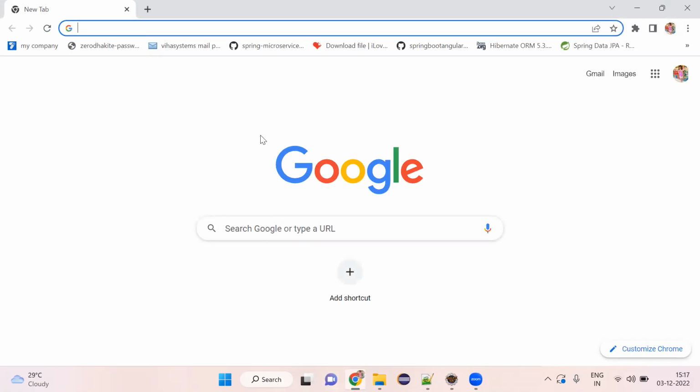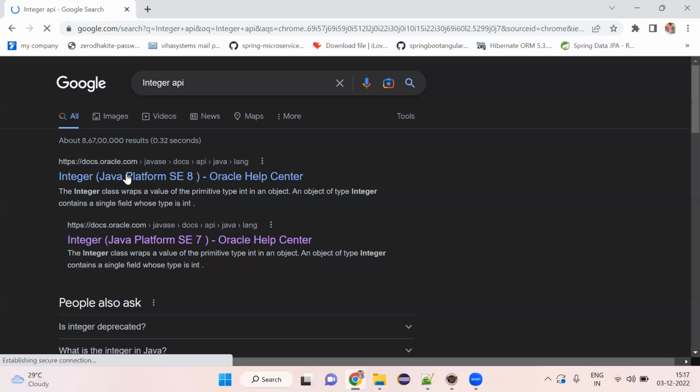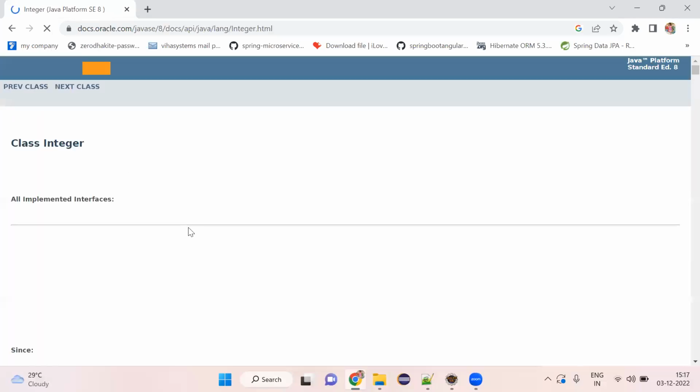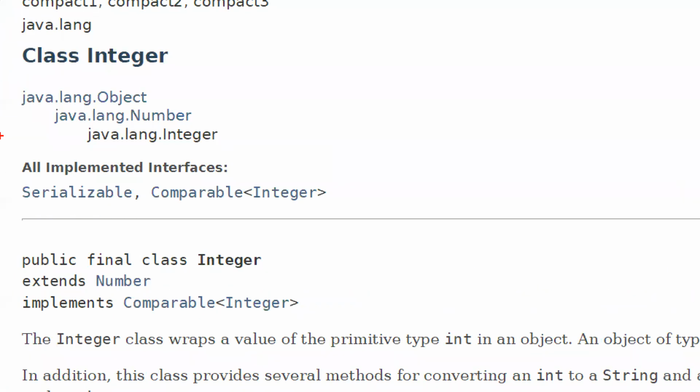Yeah. So see here, what is my question here? I wanted to show you either Integer or any wrapper class. You just open and observe the Integer API. Open docs.oracle.com. Here, whether you are observing or not, every wrapper class, either Integer or String or something like this,